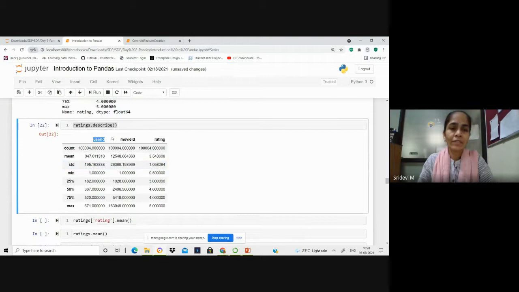But we can notice here that user ID is an identification. Here the numerical value is used for identification, but it doesn't have any numerical value in the real sense. So counting the number of values doesn't matter, but finding the mean of an identifier, standard deviation, minimum and maximum values of an identifier doesn't make any sense.